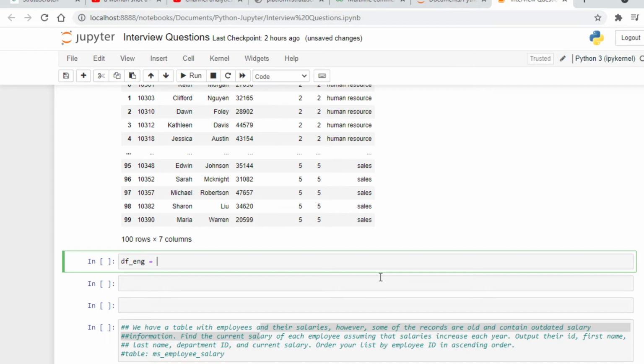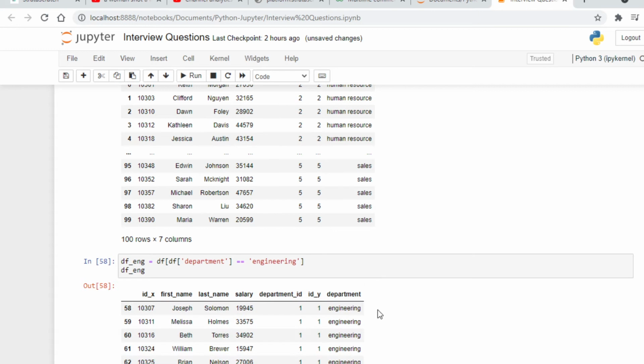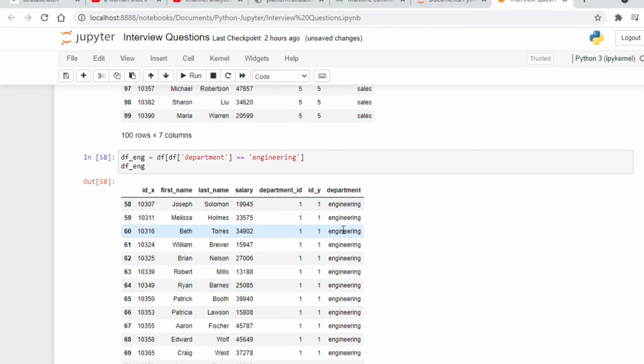So here we will filter our data, and we will apply filter on department where department is equal to engineering. So DF, and then in DF our department should be equal to engineering. Okay, let's check this. Now we have data for engineering department only, and we need to find the max salary.